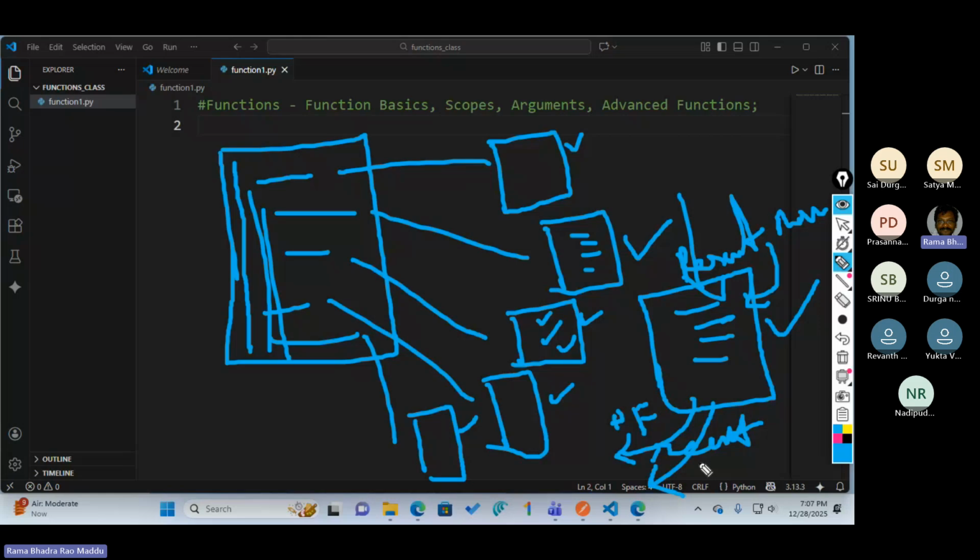They take some input, process it with the existing workers, and ultimately all the people together make that function a grand success. Like this, we can split the entire program into small parts, and each part will receive some input, do some processing, and give some output, and ultimately all the functions make the main program a success. If any piece has some error, it can be easily identified and rectified. Easily we can track it. So this is the main concept of functions. I hope it is clear.